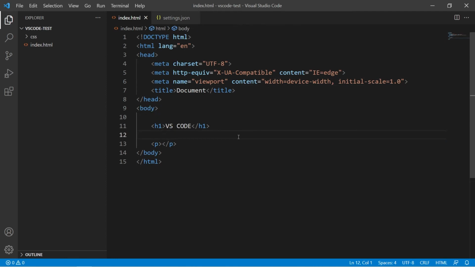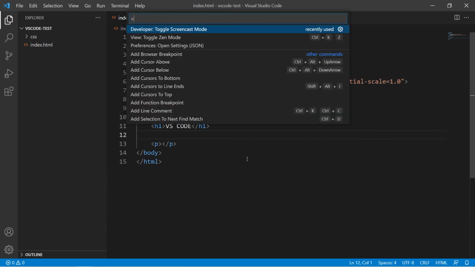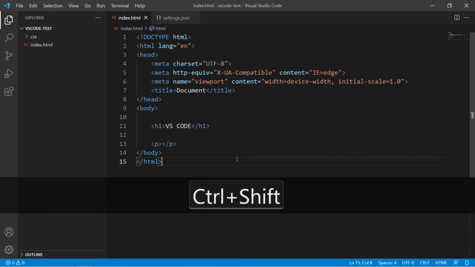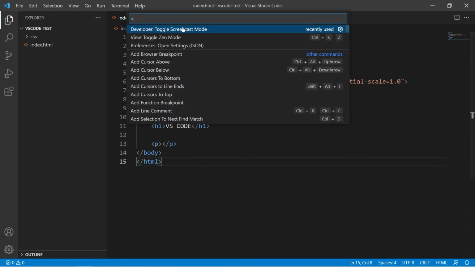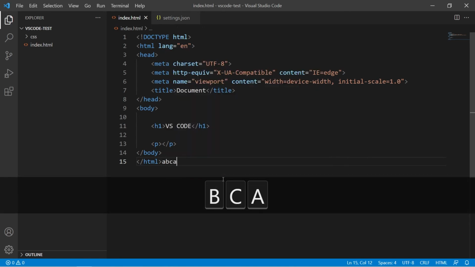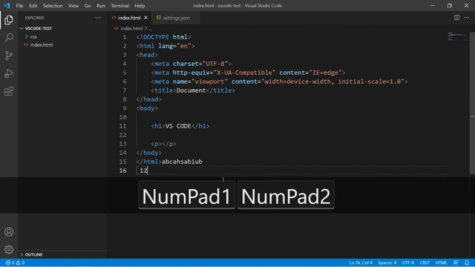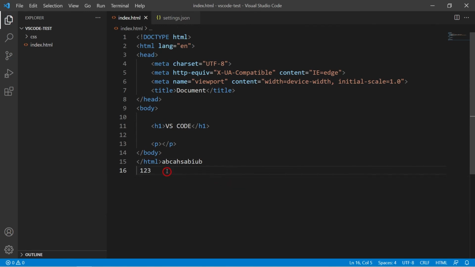If I press any key, so I was saying the shortcut for command palette is Control Shift P. And how you can verify that? Let me open the command palette from my keyboard right now. So I'm going to press Control Shift and P. Did you see what we did? This toggle screencast mode allows the user to see the key that I am pressing. So if I press A, B, C, you can see whatever key I'm pressing. If I press enter, if I press space, if I press 1, 2, 3. That's why it is super helpful, especially in recording or if you're sharing your screen with someone.